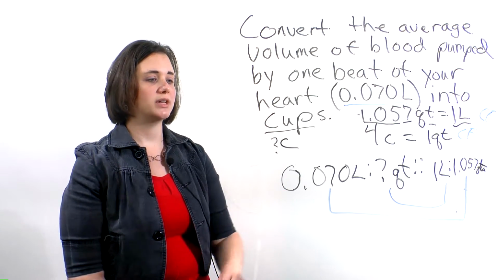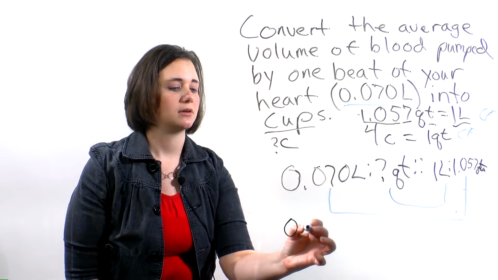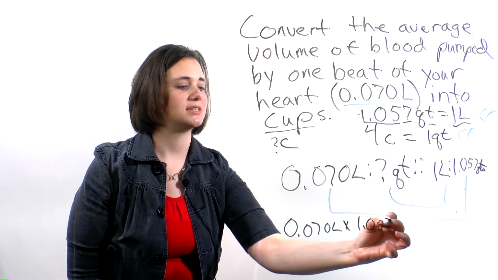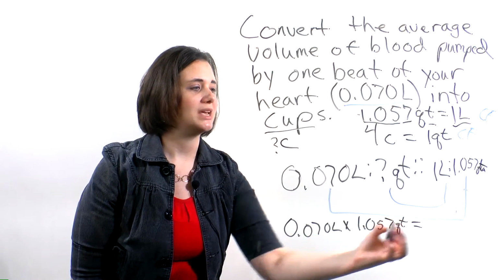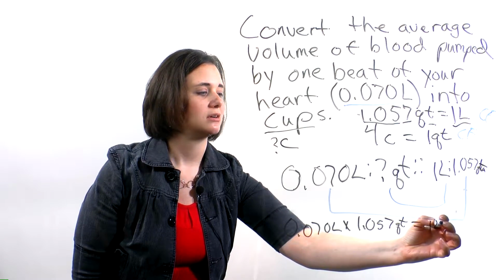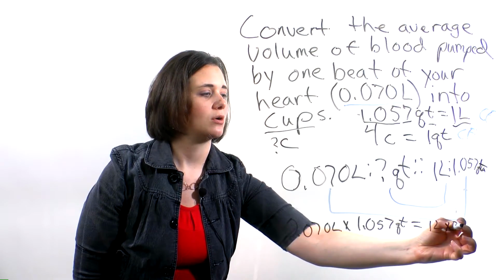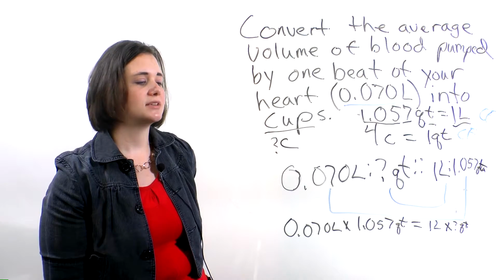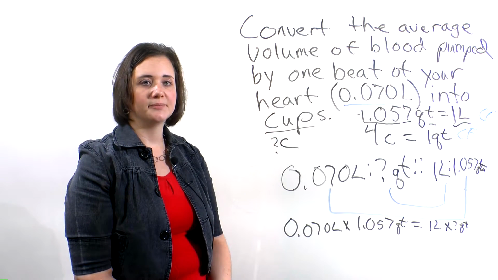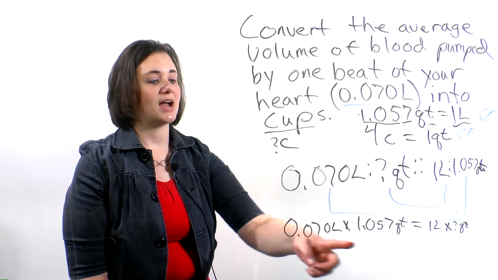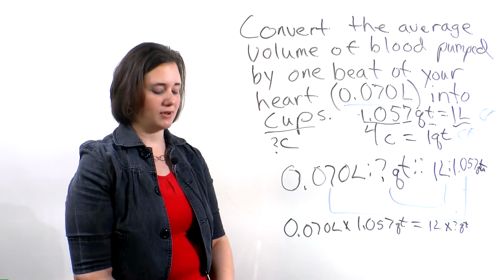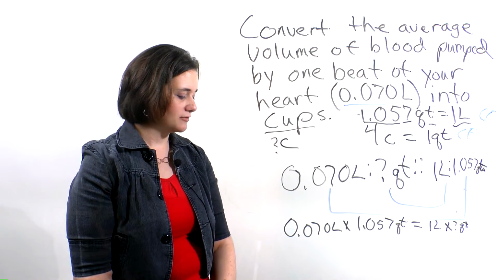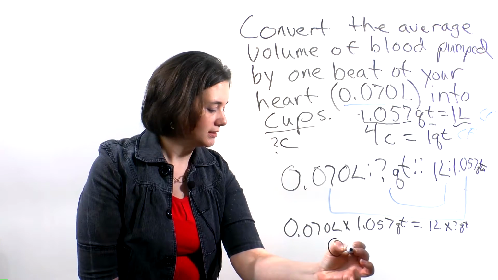So I would do 0.70 liters times 1.057 quarts, and that will be equal to 1 liter times my question mark quarts. So notice I'm just going to multiply the 0.70 and the 1.057. I would divide by 1, but dividing by 1 isn't going to affect anything. When you do this, that gives you the first step, and you should end up with